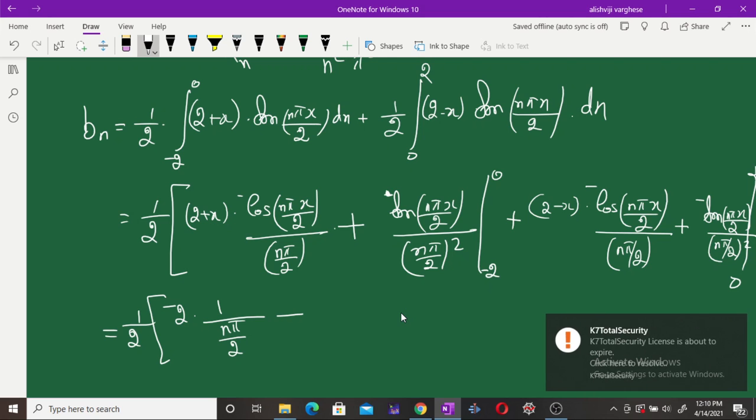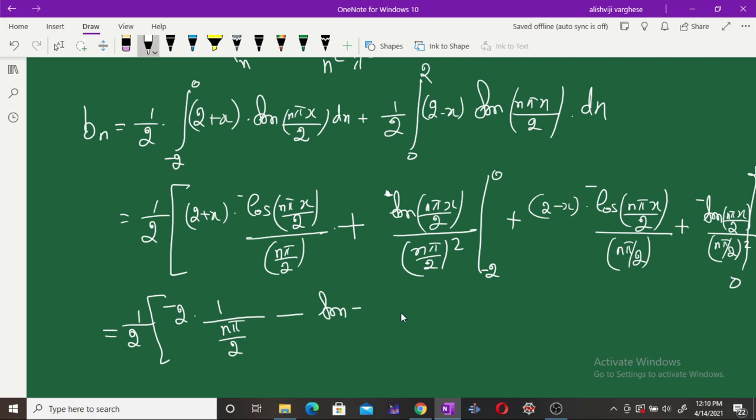When the lower limit, here 2 minus 2 becomes 0, and the first term will vanish, and here x is equal to minus 2. So this minus sine minus n pi divided by n square pi square divided by 2 square,